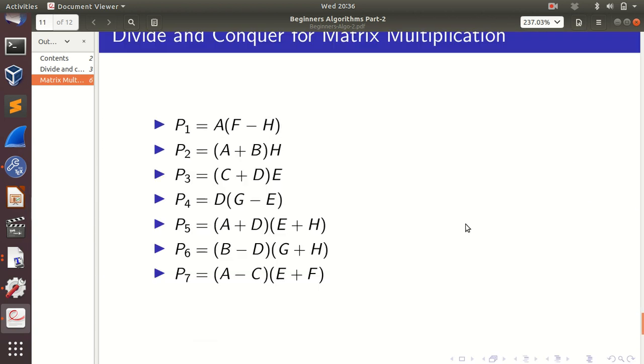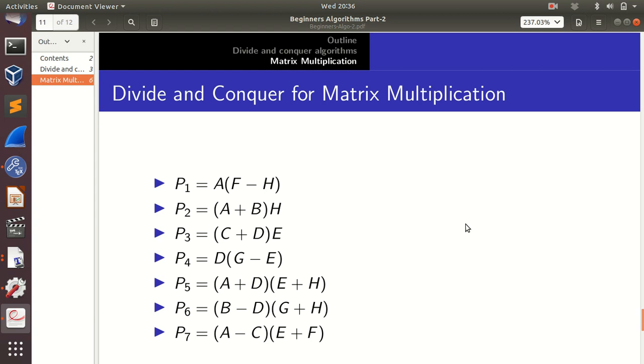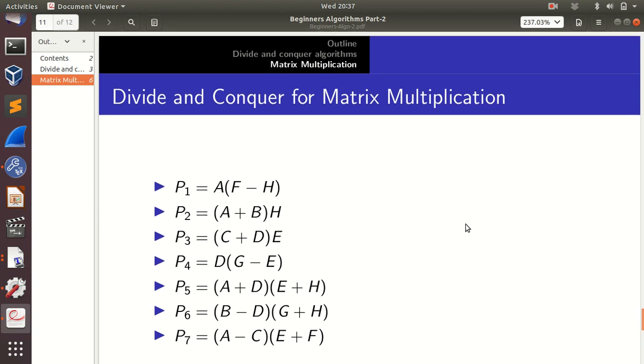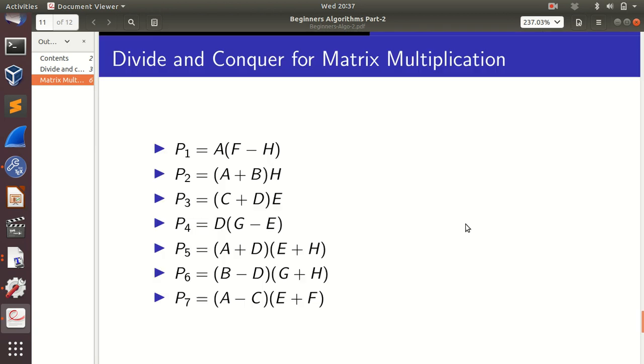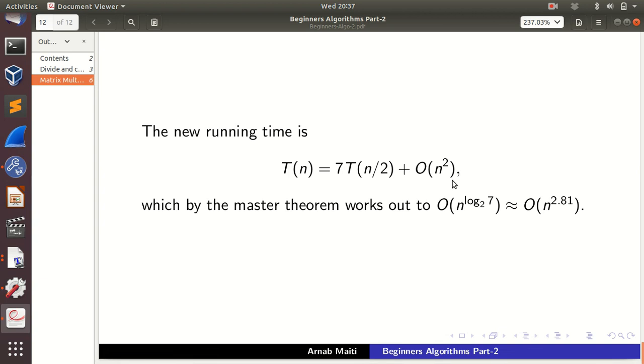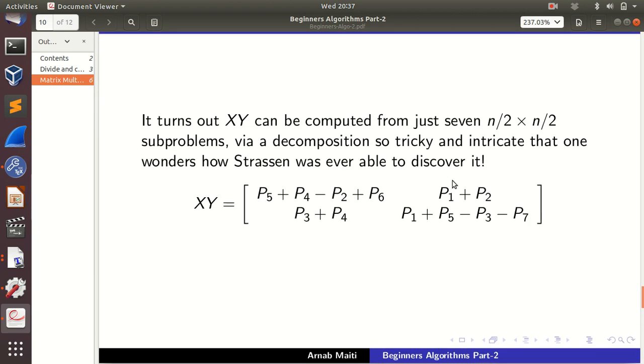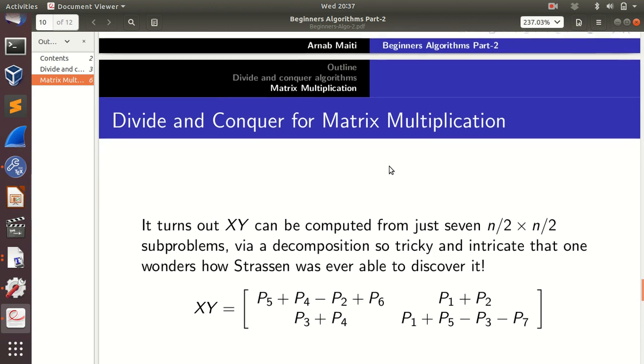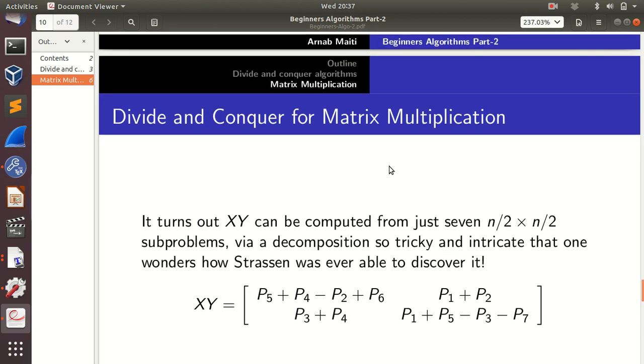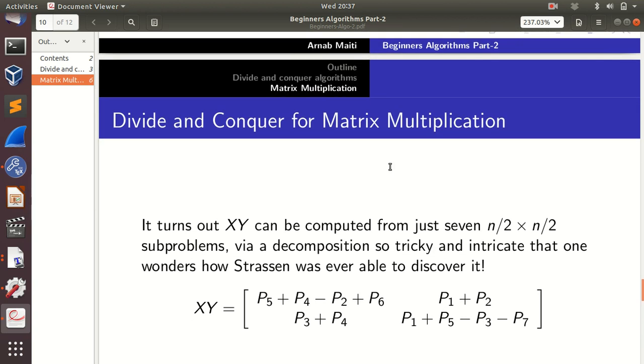So that's why whenever we try to design an algorithm, we always try to look at how to make it better. And sometimes it requires some mathematical genius to come up with this type of stuff. Otherwise you are just going to end up with something trivial. So for something non-trivial, at the end of the day you have to take help of maths.